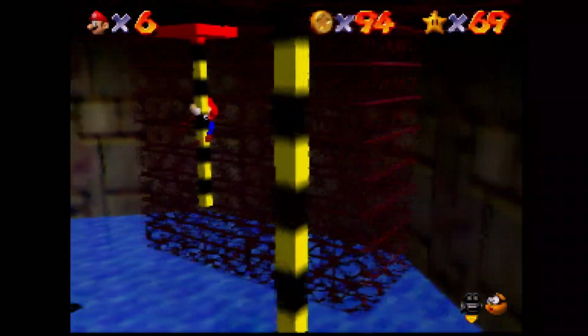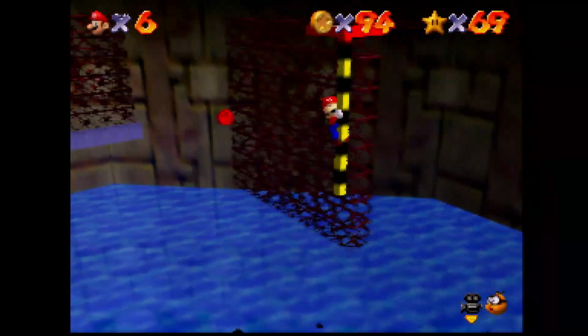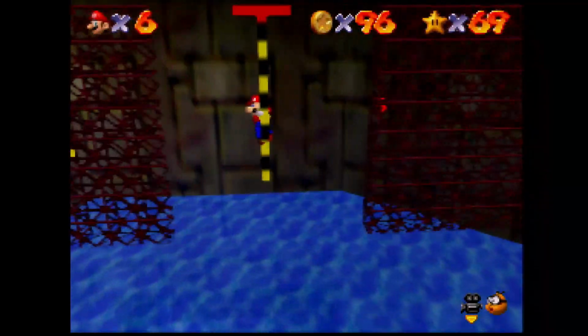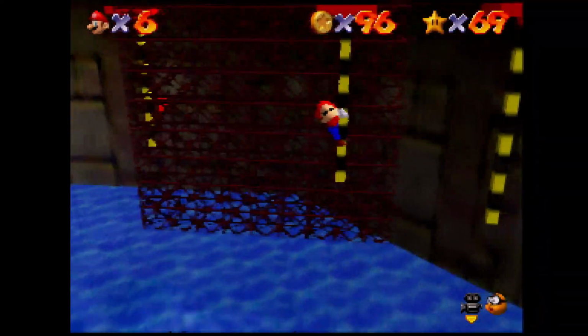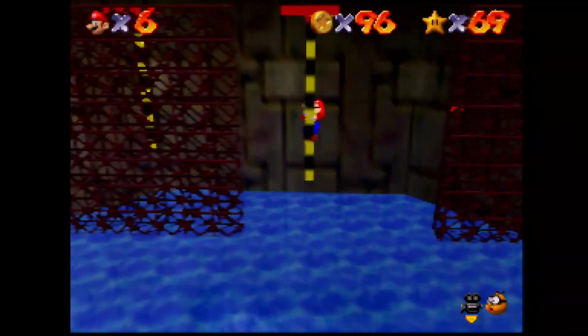I don't exactly know how many coins are in Dire Dire Docks. I think it's a little over 100, but you have to kind of wait with these poles. You gotta kind of wait till they're next to each other. So that is of course not the way we want to do it, but